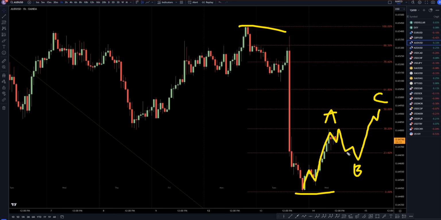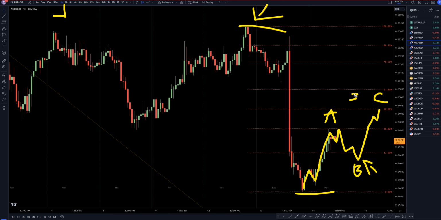Now I'm more of a swing slash day trader, so if you are like a scalper, then you could definitely be looking for longs at the end of a wave B to trade the wave C. And then if this is not a wave C and it turns into a big wave 3 and just keeps on going and takes out this structure, that's going to be like a bonus trade for you.